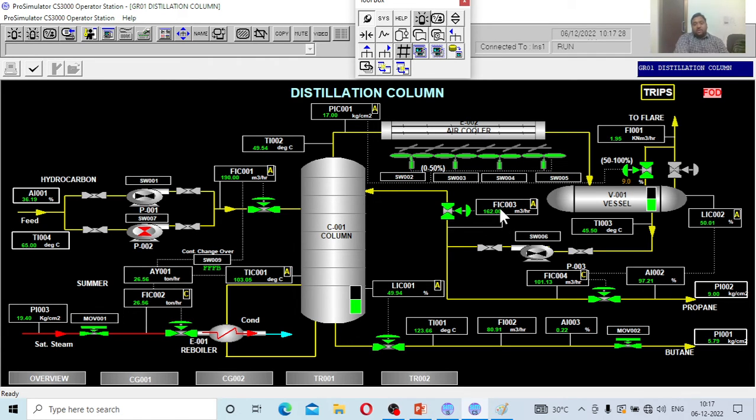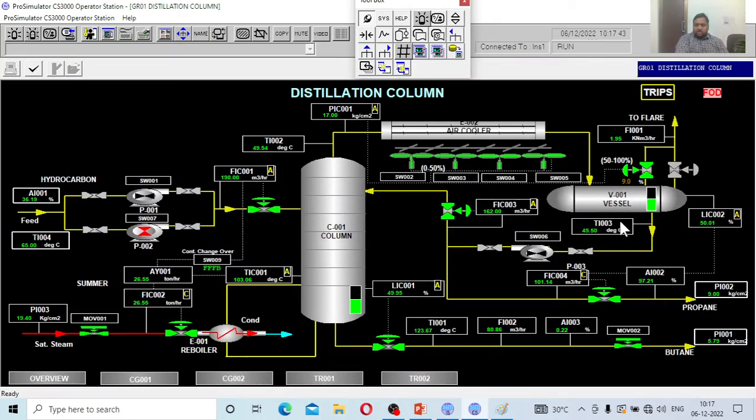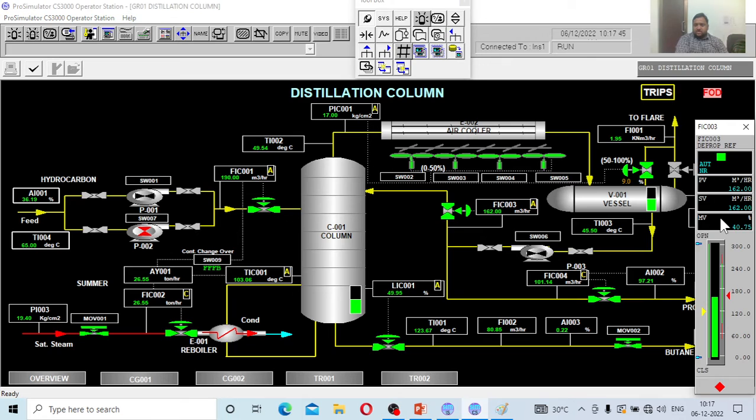Okay, see the moment I reduce this particular flow, reduce the reflux, see what happens to my purity of the propane in the overhead vapors. You can do that simply in this. Right now it is operating in the steady state. Imagine what happens when I reduce the reflux. Whenever you try to deal with the distillation column,